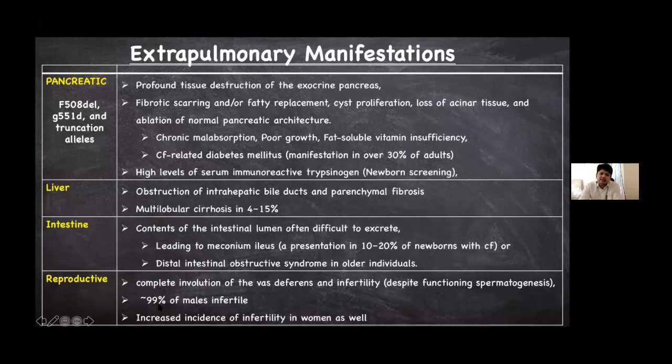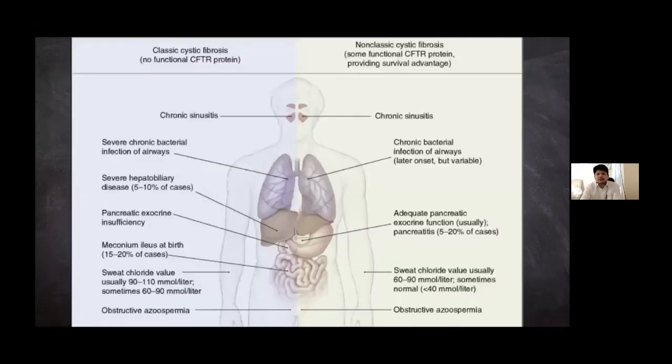Around 99% of males with cystic fibrosis are infertile. Okay, increased incidence of infertility in women is also seen with this, but in males 99% are infertile because of the problem at the vas deferens, not at spermatogenesis. So it is a very important fact to remember that in extrapulmonary manifestation there can be involvement of the pancreas, liver, intestine, and reproductive system. Now this is something we saw as a question in the last NEET, the difference of